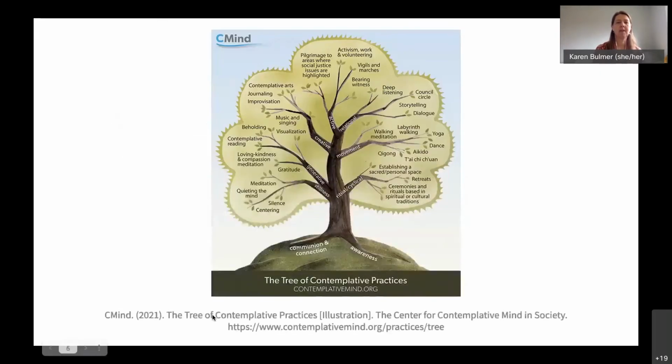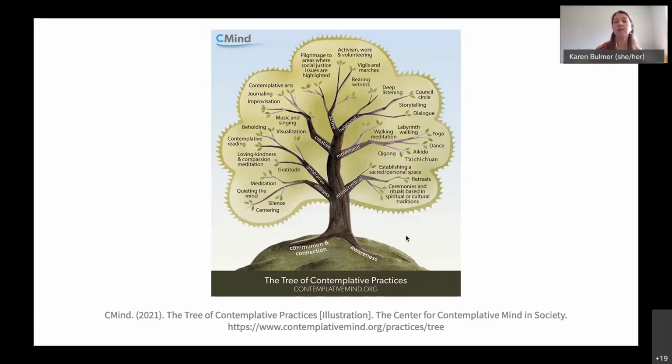I will keep going. This is an image from the Association for Contemplative Mind in Society, which is the parent organization for the Association for Contemplative Mind in Higher Education. They have produced this image of a tree which shows all different kinds of contemplative practices in many, many different domains. We see contemplative practices in movement domains, creative, stillness, generative, and then these branch off into all different kinds of practices.